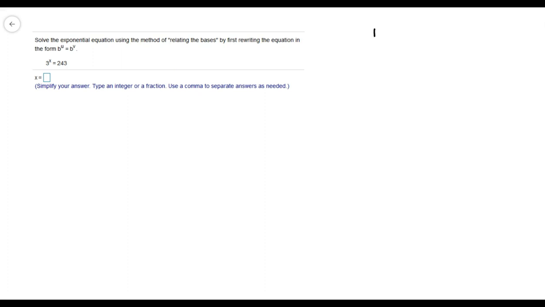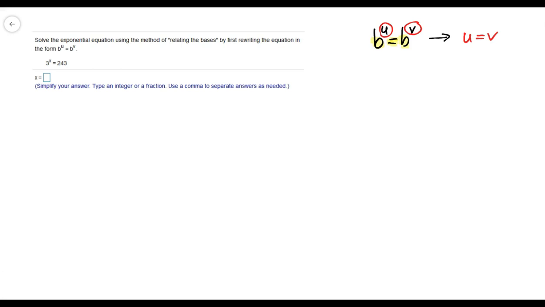If you have an equation that is in this form, b to the u equals b to the v, then we can say that because the two bases are equal to each other, the only way these expressions can be equal to each other is if those exponents are equal to each other. So we're able to draw the conclusion that u equals v,